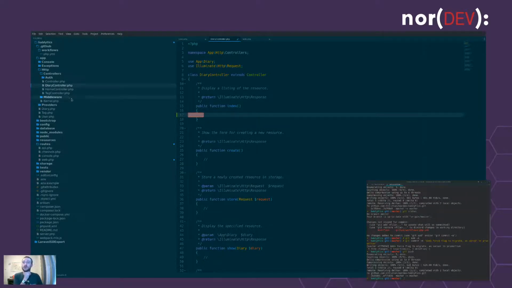What we will be doing at some point is ensuring that you can only access this controller if you're logged in, and we can use some middleware to do that. So we don't need to look into the controller to do any of that stuff. What we will do though is we will need the user. So if we use the auth facade,